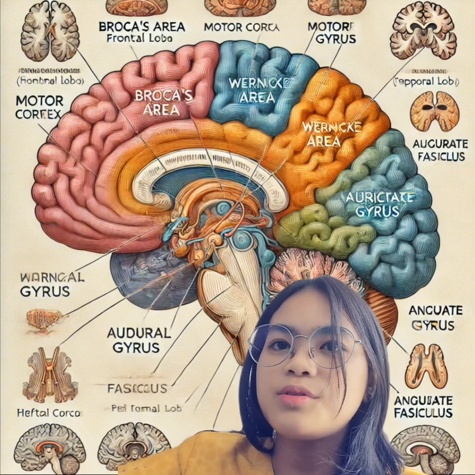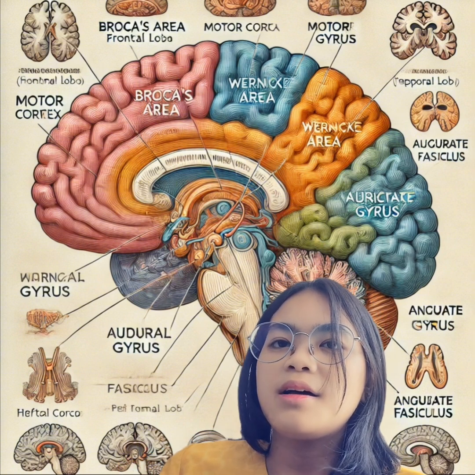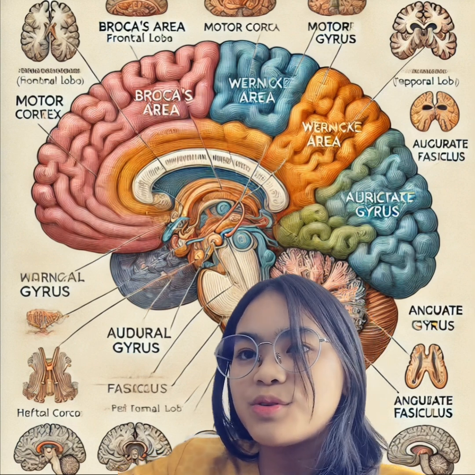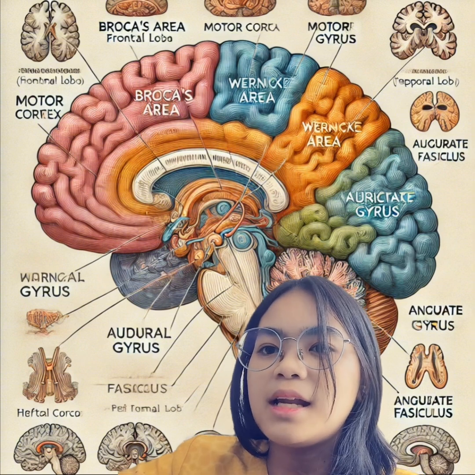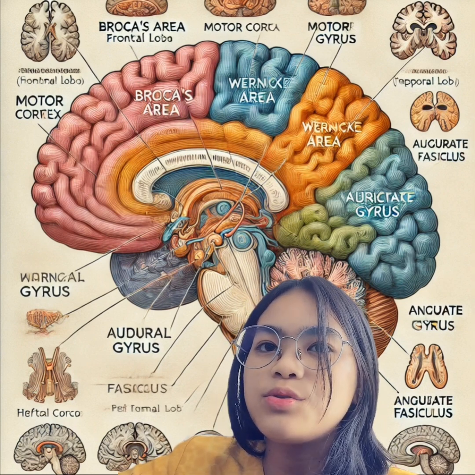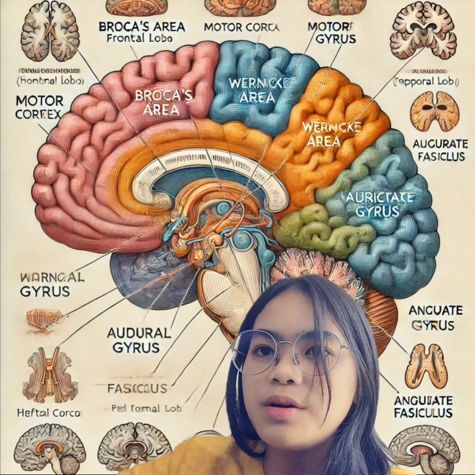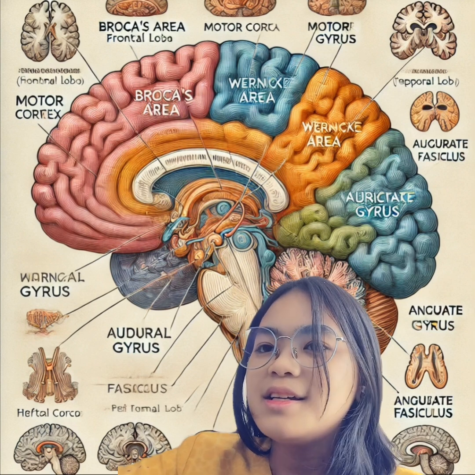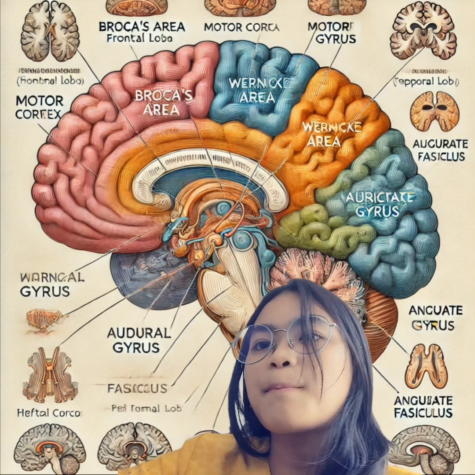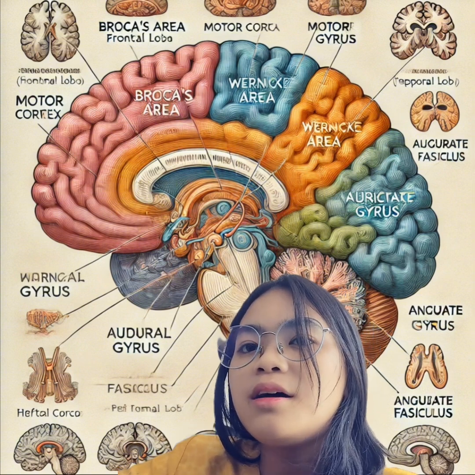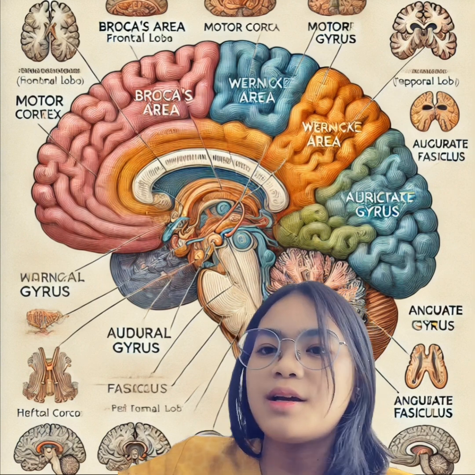So for today, I will take you on a journey through the brain, showing how different regions work together to control speech and language. By the end, you will understand why certain brain injuries lead to speech disorders and how damage to one part of the brain can affect the way we communicate, like the way we speak, basically. So let's begin with key areas in the brain responsible for speech and language.